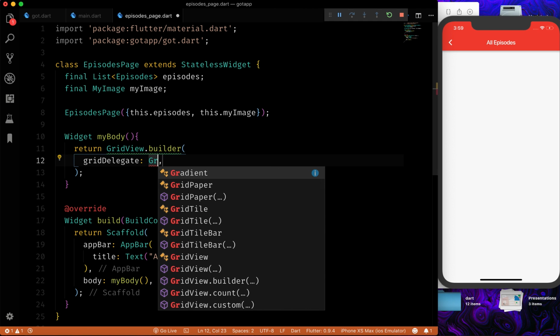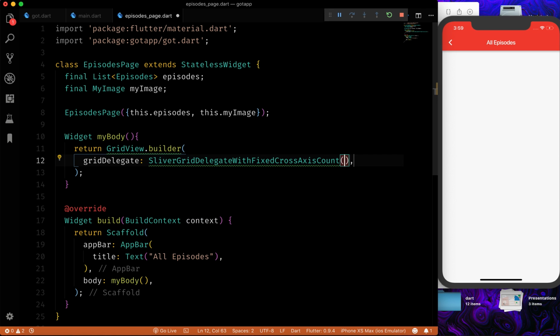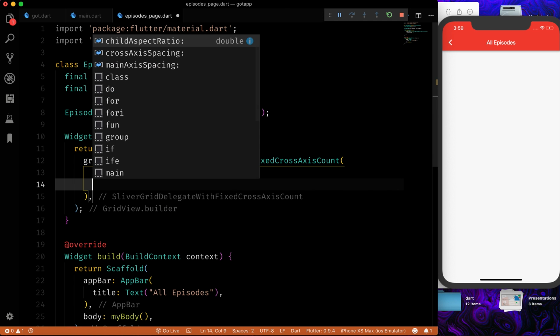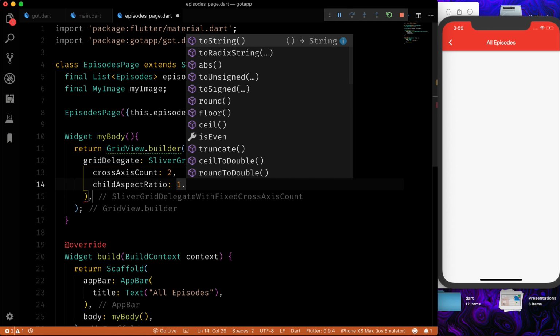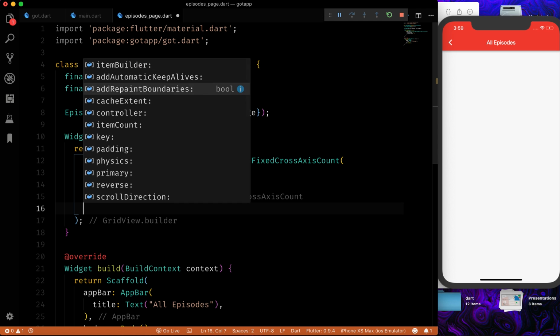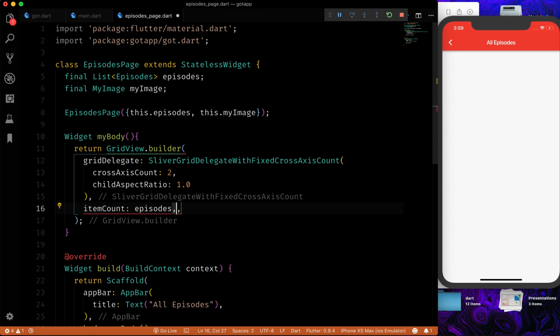Let's say I want to use this SliverGridDelegateWithFixedCrossAxisCount, which means you are making it fixed that the cross axis count should be 2 only, it cannot be dynamic. Child aspect ratio should be 1.0, and that's it. Okay, this is done. Now you want to specify the item count, so you can ask the episodes dot length